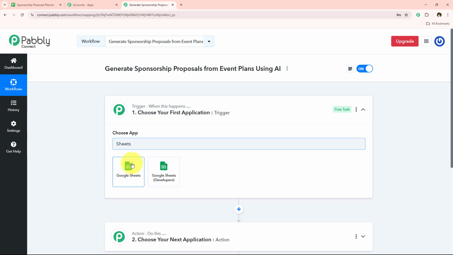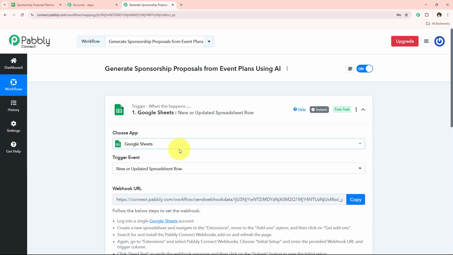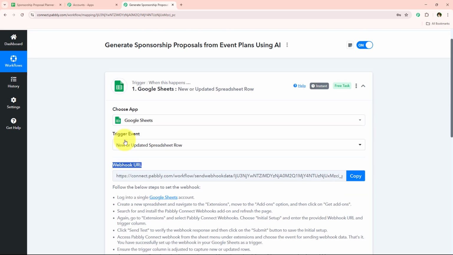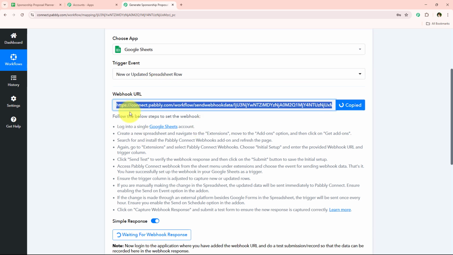So I'm just going to search for Google Sheets and select it. And now for the trigger event, I'm simply going to select new or updated spreadsheet row, and now it is giving me a webhook URL. So we are just going to use this same webhook URL in order to create a connection between our Google Sheets and our Pabbly Connect's workflow. So what we are just going to do is I'm simply going to copy this webhook URL,